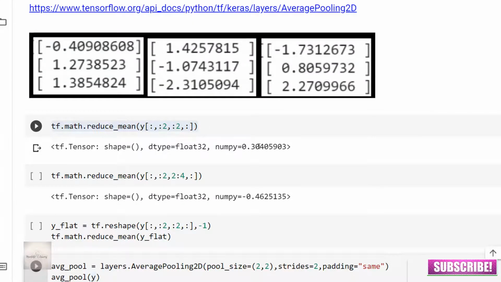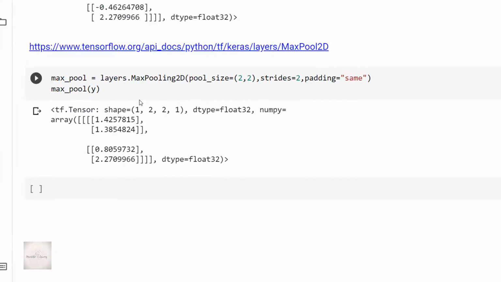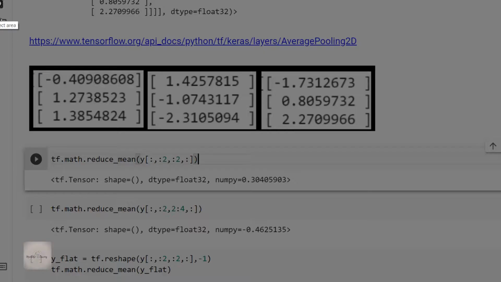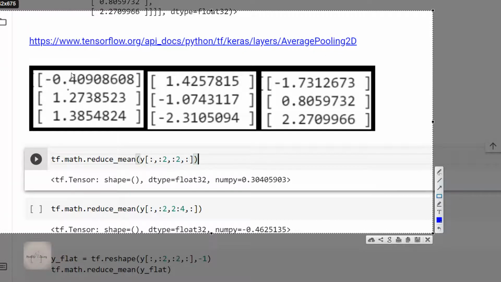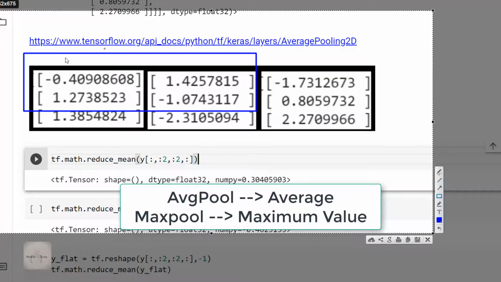The next concept that we have in case of pooling layers is max pooling. So in case of max pooling, the way it would work is similar to the average pooling, guys. The only difference is the system is going to return the maximum value of that particular region. So in case of average pooling, we have seen that this is going to compute the arithmetic mean. But in case of max pooling, the system is going to return the maximum value of that particular region.